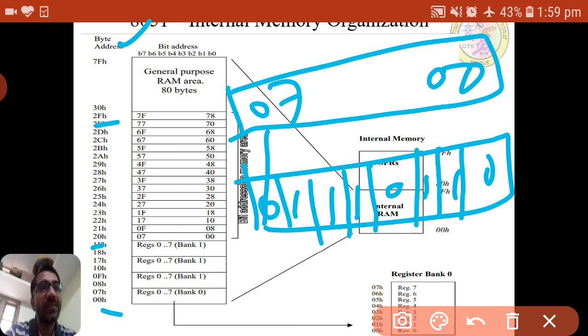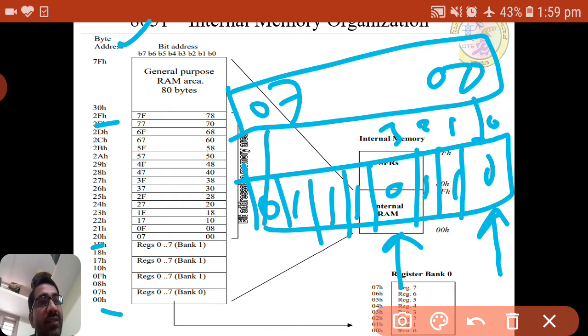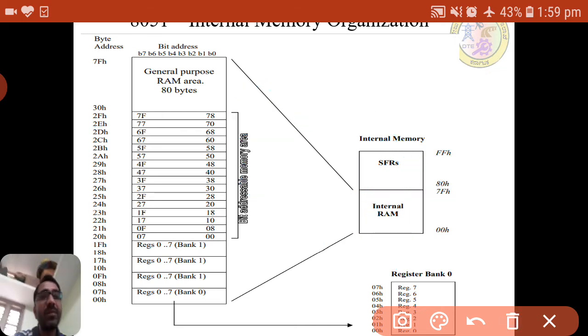We can read a particular bit with the 00 address, and we can change a particular bit, say the third bit counting from 0, whose address will be 0, 1, 2, 3. So we can set or read the particular bit at the third address. This we call a bit addressable area.